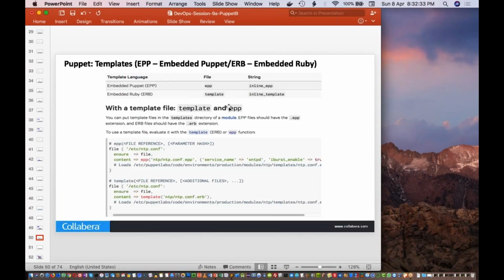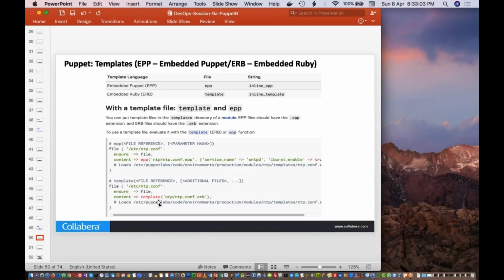So when it comes to EPP and ERB, this is the difference. If you are working with EPP templates, when you are calling that template function or template file, you'll be using EPP, followed by the template name, which will have the extension .epp, and along with that you'll be able to pass your parameters.